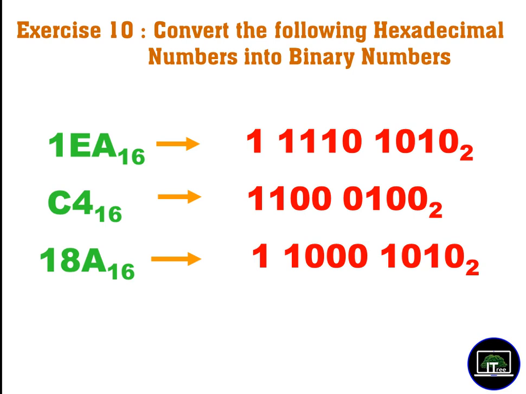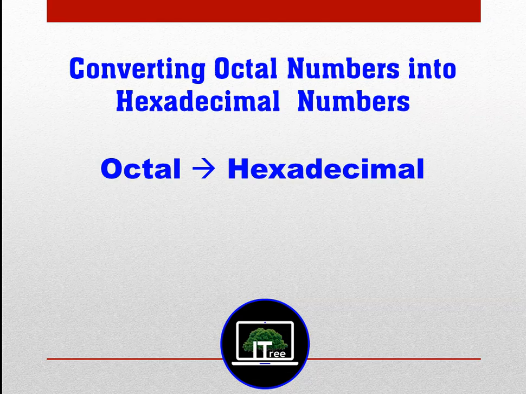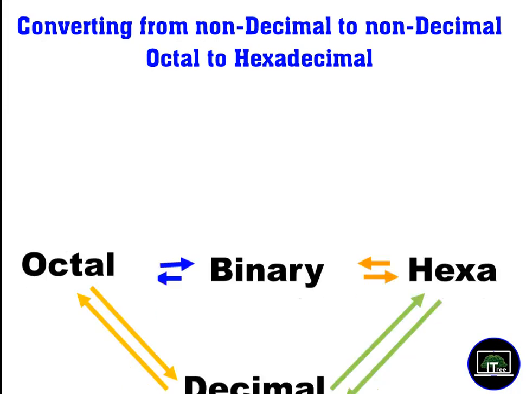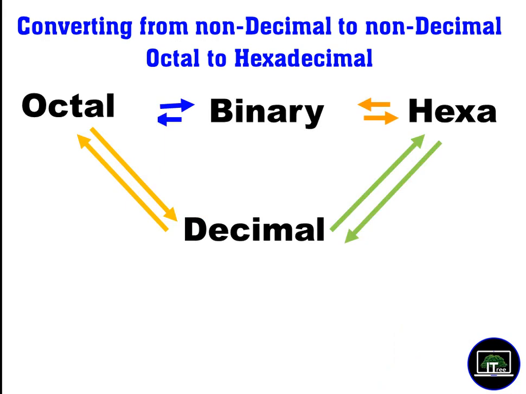Okay, now we continue. Now we are going to convert from octal to hexadecimal. You understood the method? How do you do that? There are two methods. You can convert this one to binary, then hexadecimal. That is the easiest and most convenient way. The other way is to convert your octal number to decimal and then to hexadecimal. That may be a little bit difficult. So I always recommend you convert the octal number into binary, then convert that binary number into hexadecimal.